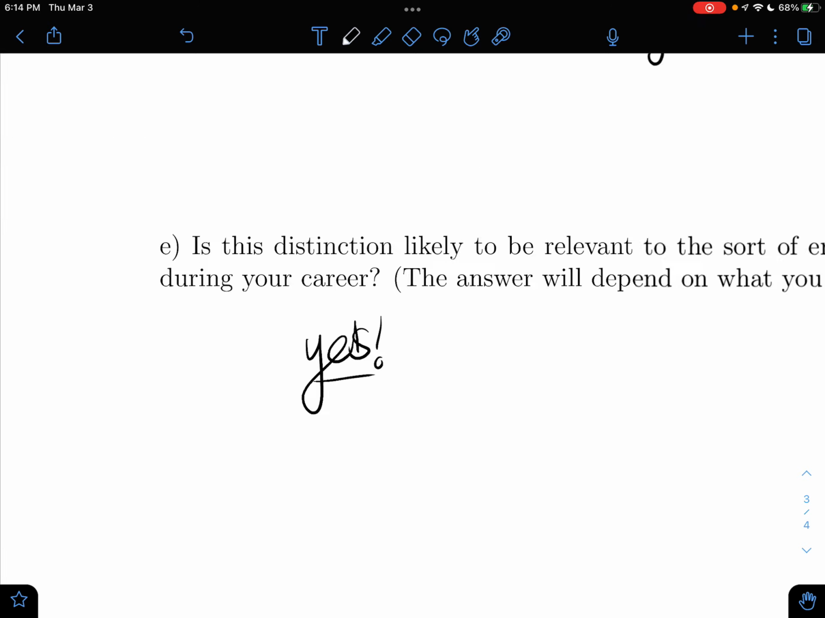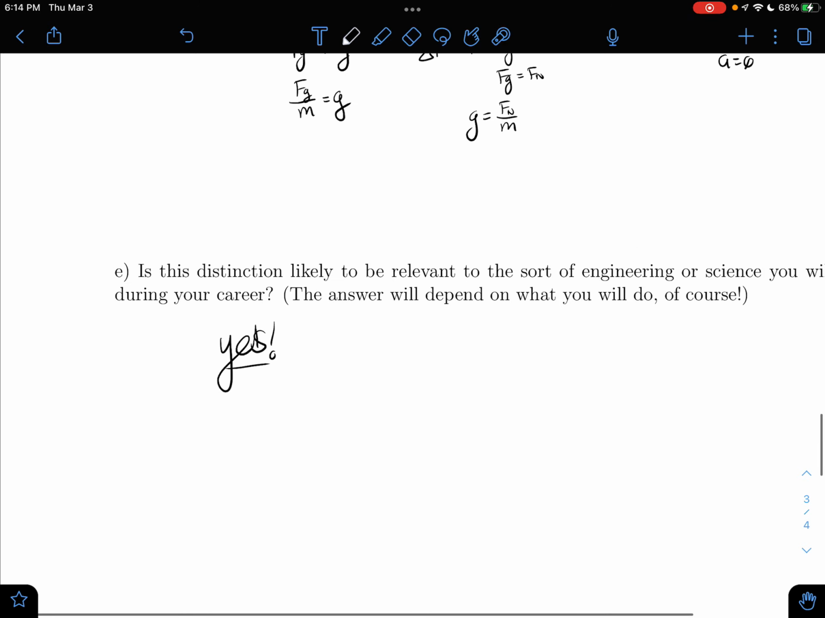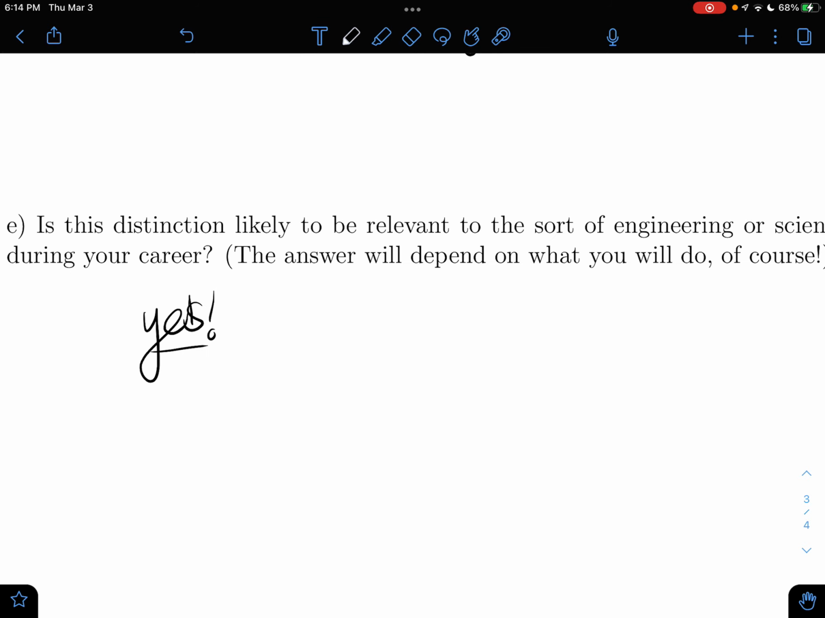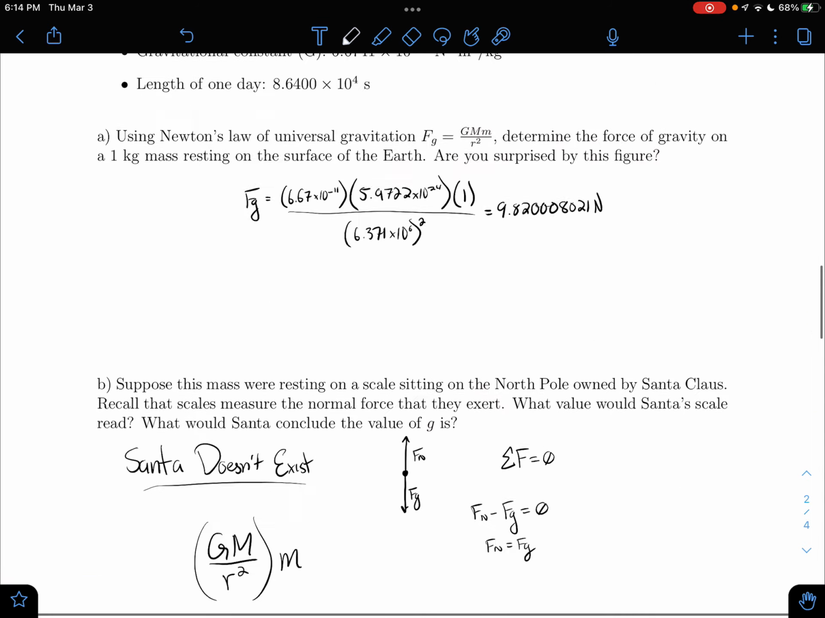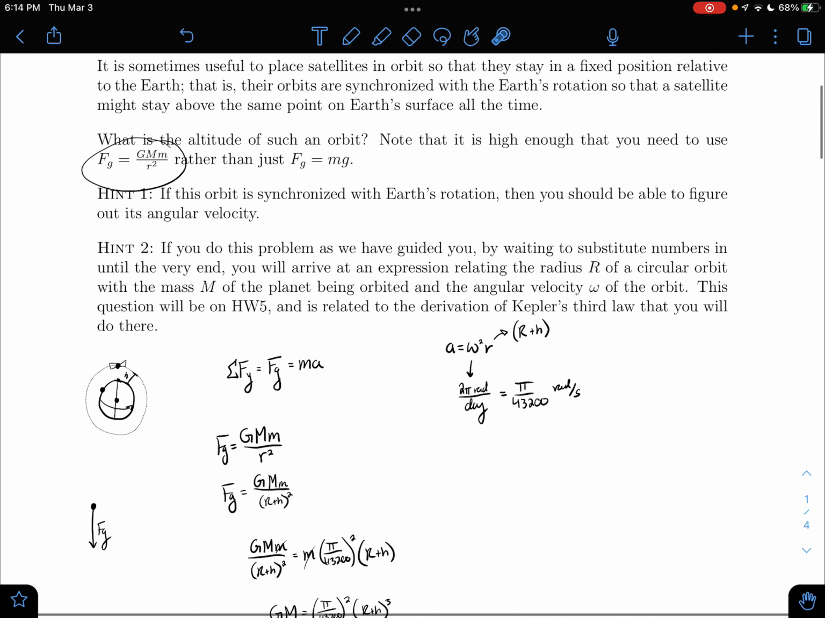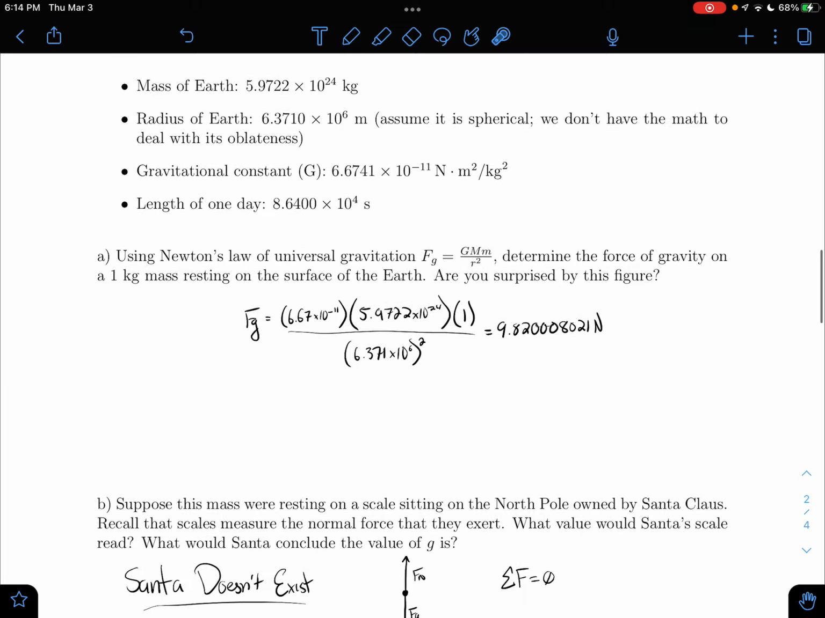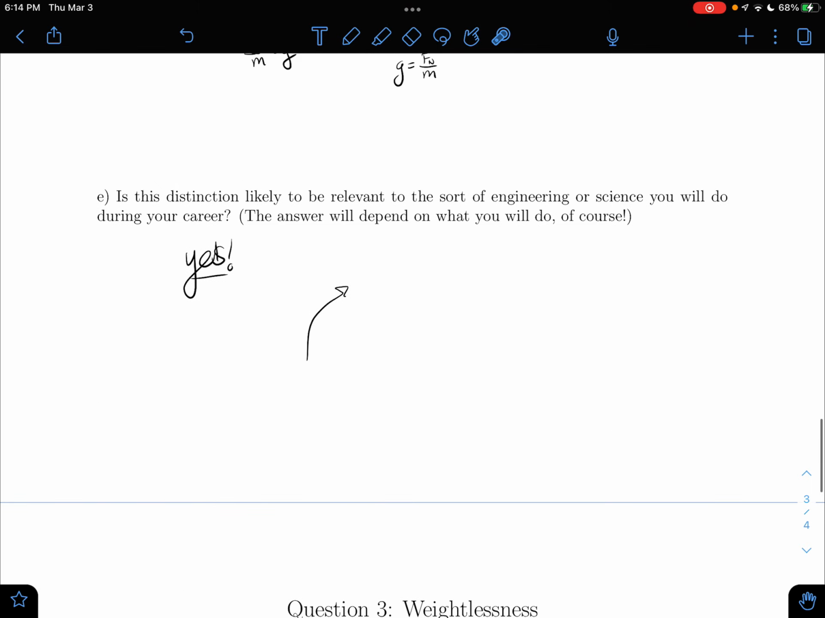Yes, absolutely, for me specifically. It depends on your engineering. I'm in aerospace engineering, clearly launching some rockets at high altitudes. I'm going to be doing a lot of orbital mechanics just like this, right? So this gravitational law, having a distinction, is probably going to be pretty important. However, if we're building stuff on the Earth,